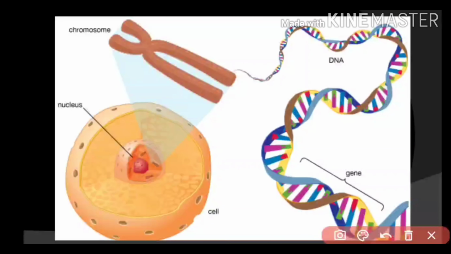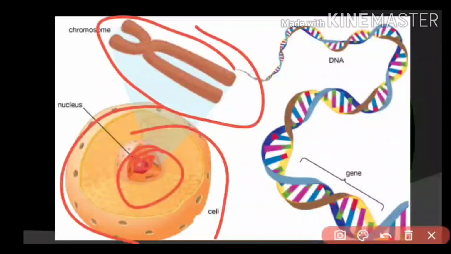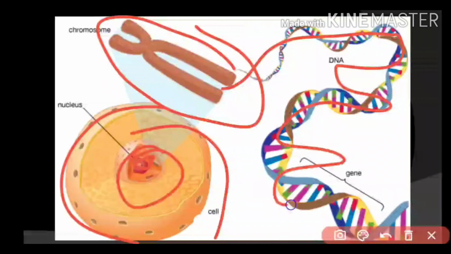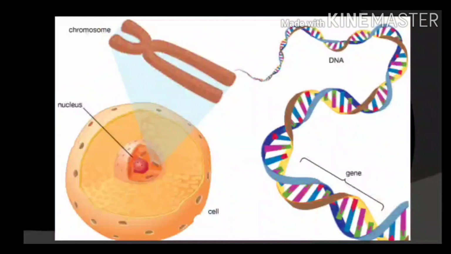Now see this figure. These things you know, I think, but again I am recalling them to you. This is the cell. Inside the cell there is a nucleus, and inside the nucleus there is a nucleolus and chromosomes. So this is a chromosome. Chromosome is made up of DNA, and DNA contains genes. If there is any change in the gene, if the gene is deleted or added, then it is considered a gene mutation. Or if it is taking place in the chromosomes, and there is any change in the structure or in the number of chromosomes, then it is called chromosomal mutation.